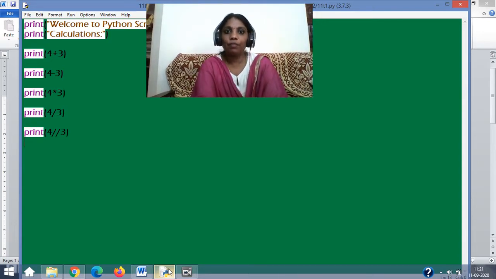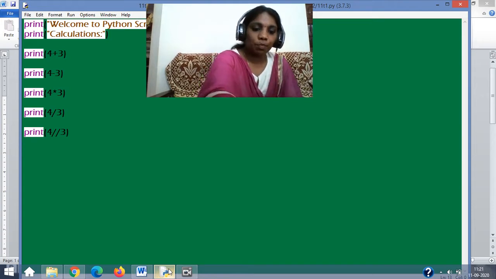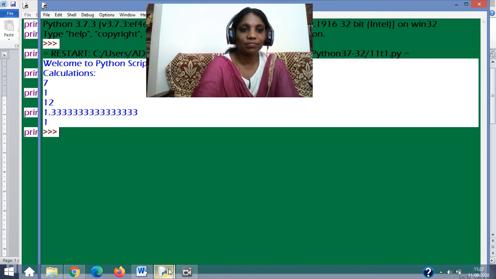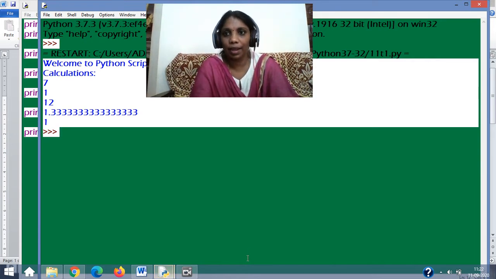If I want the shell mode, I just have to press F5. Sorry, I pressed the wrong one. Even if I close it again and again, there is no option to clear this for the time being. Once you reach the end and need to refresh it, you have to just close and restart it. That's all.